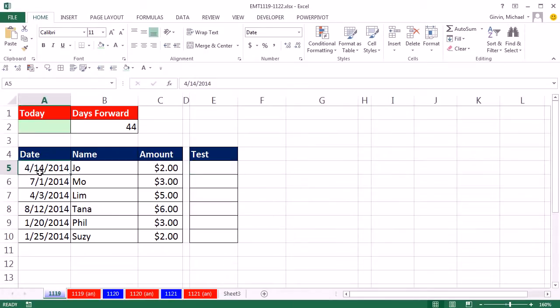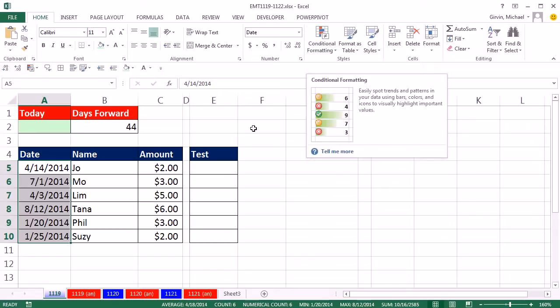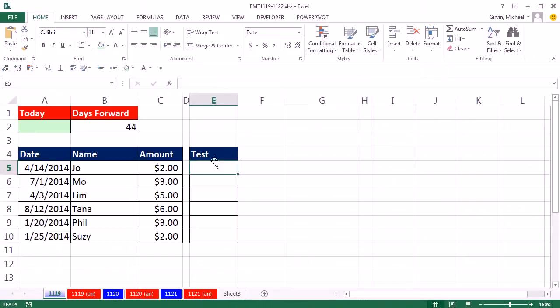Hey, in this video we have some dates, and we need to conditionally format with yellow and bold anytime 44 days have passed. Now, we're actually going to highlight, go up to Home, Conditional Formatting, but we're going to use a formula. So let's build the formula in the cells off to the side, see if it gives us our patterns of trues and falses, and then we can copy the formula, highlight the range, and use our conditional formatting